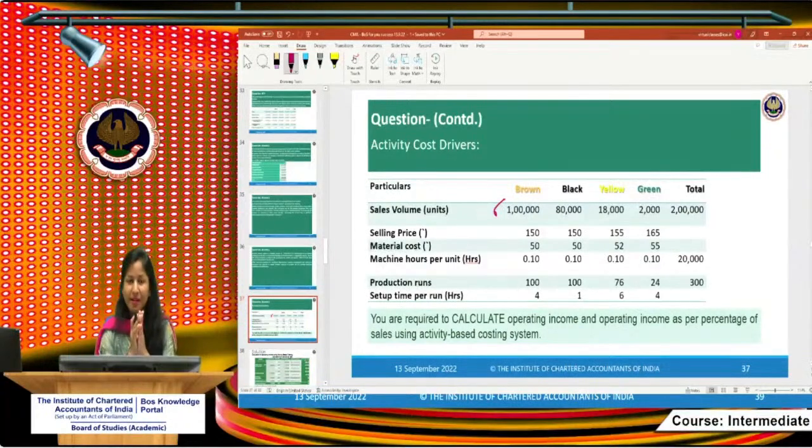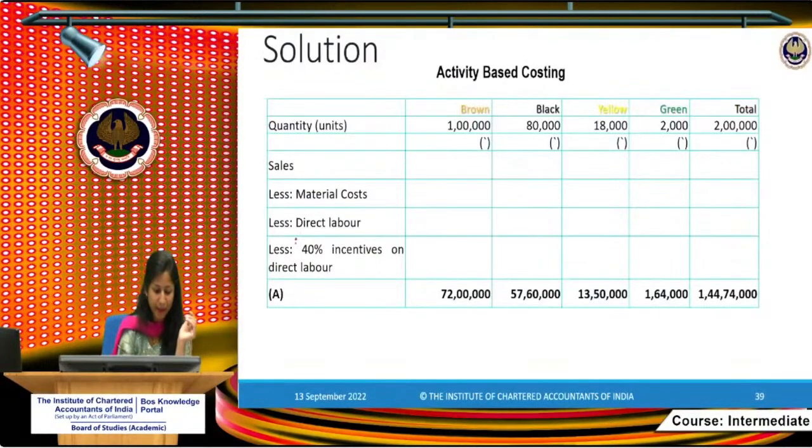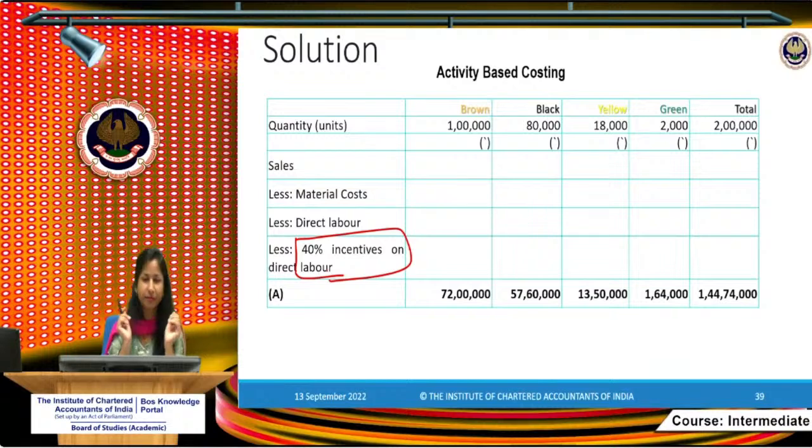Now, regarding that 40%, we will come to know here. That 40% was for both labors, direct and indirect. We have already treated indirect labor. Now, what about the remaining 40% which was on direct labor? It would come here. I think this is clear now, because the incentive was on both direct and indirect. Indirect we have already treated. Here we are treating direct labor. Let's put the figures.